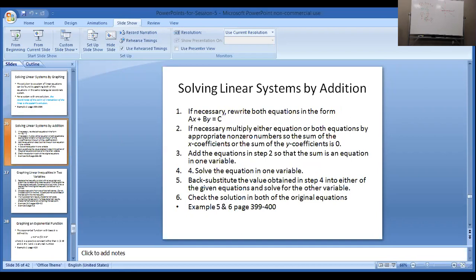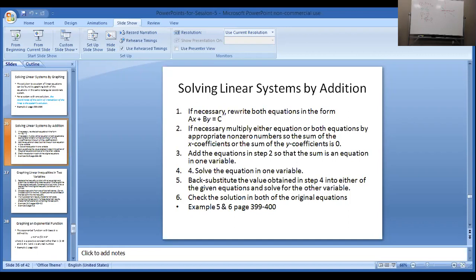You see, in the previous method, we found the x-intercept and the y-intercept for each of those equations, and then we drew them, and then we found the intersection, and that was the solution. Now here, we are not going to draw. We are going to solve this system by addition and subtraction. I have 3x plus 2y equal 48, 9x minus 8y equal to 24. If I add them together, I get,